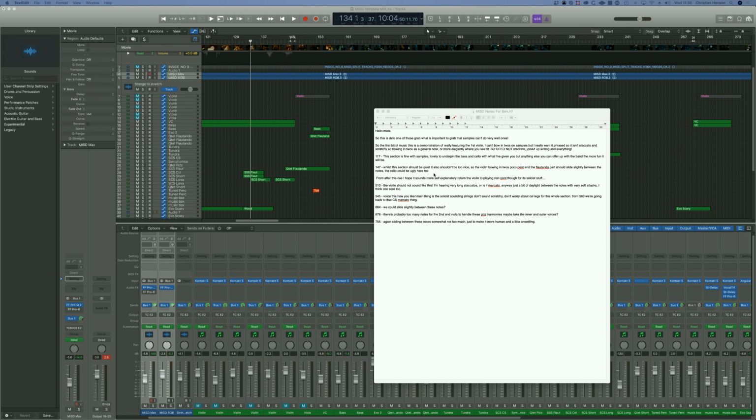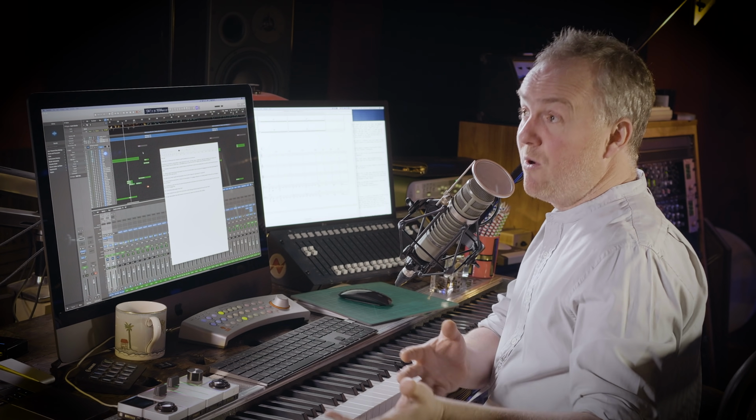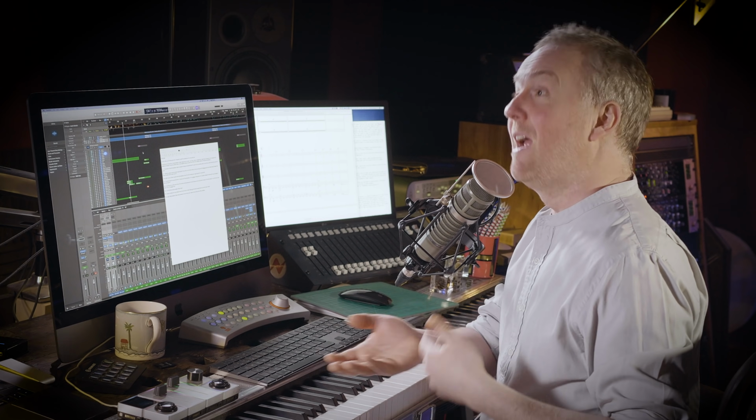The cello could be ugly here too. From after this cue, I hope it sounds more self-explanatory. Return the violin to playing non-pont through for its soloist stuff. And that's when Max and I really established a kind of lingua franca rubato, which means that we'll play with a kind of robbing spirit, kind of